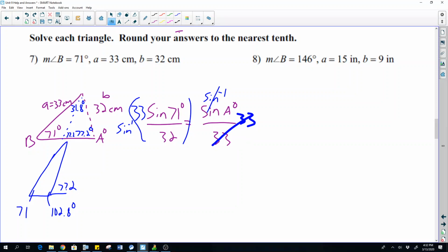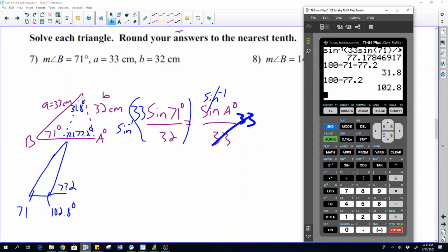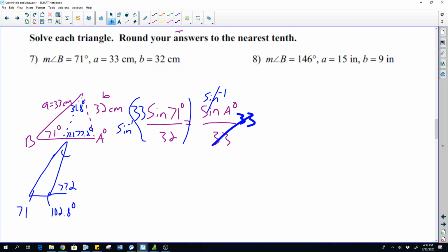Then we add that one with the given 71 and do 180 minus that answer. Wow, that's going to be small. So now we have 6.2 degrees. So this one is also 6.2 degrees. Now we have all our angles. No, don't say it, Newbold, please. I don't want to. You have to. So now they want us to find angle C.